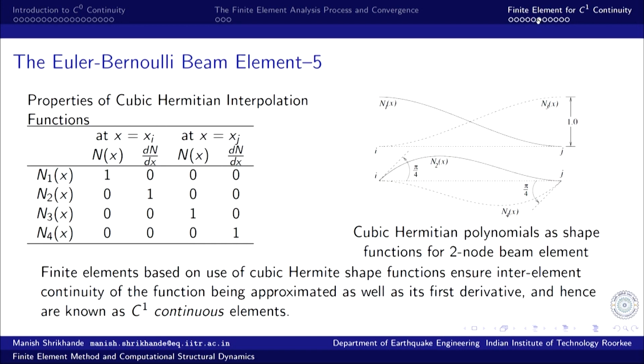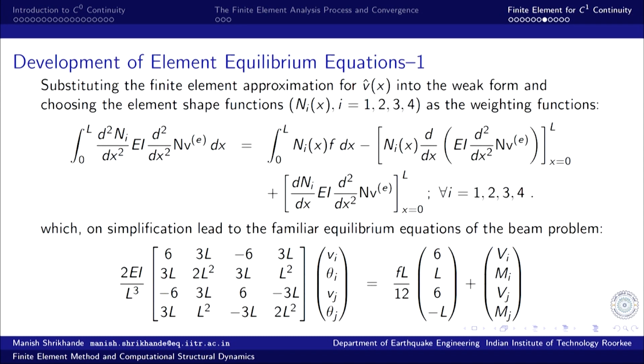Now, because of this particular variation, you can see that the weighting functions, the interpolation functions, will vanish for 3 of the 4 terms, and only one term would exist at any point, and that is what happens here. So, this is what you get. This is for n I. This is the symmetric order, and then we transfer all the terms to the other side.